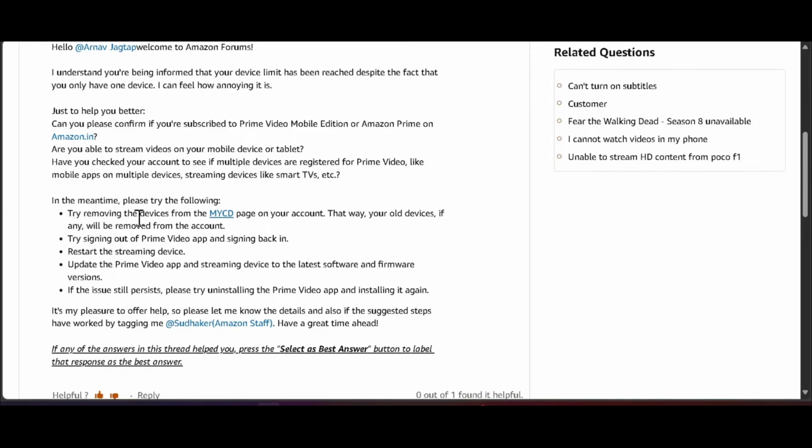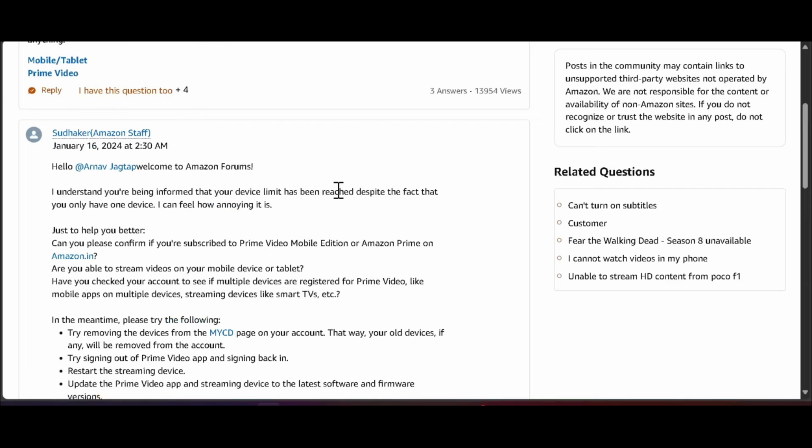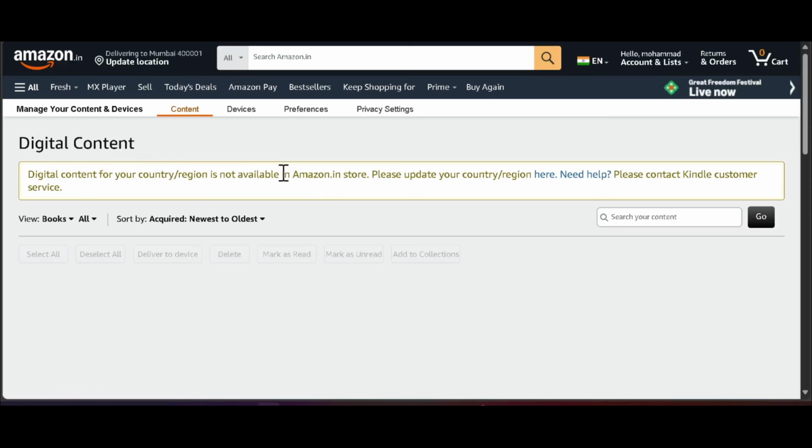You can try to restart the streaming device. Also, you can try to update the Prime Video app and streaming device to the latest software and firmware version. If the issue still persists, please try to uninstall the Prime Video app and install it again. So, these fixes will surely help you, but the most common fix that will actually fix this issue is to